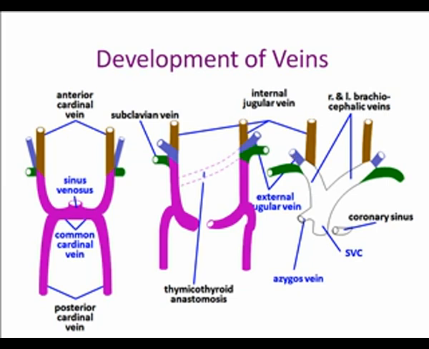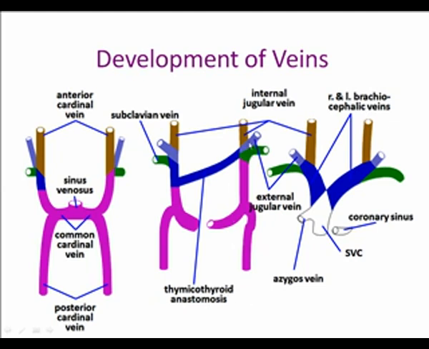So the question is, where do the brachiocephalics come from? And here you can see that the brachiocephalics come from a little bit of this anterior cardinal that gives rise to the right brachiocephalic. The left brachiocephalic is a new vessel that forms called the thymicothyroid anastomosis of veins, and